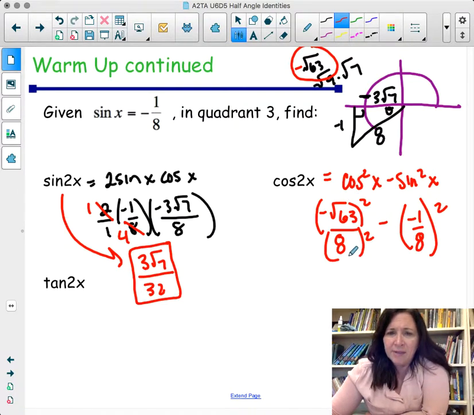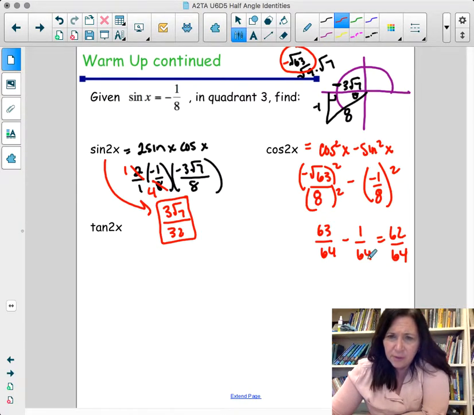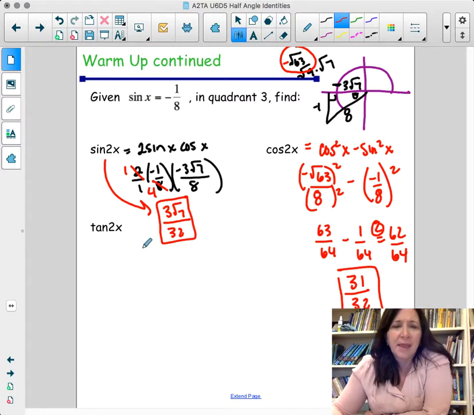So what we have is 63 over 64 minus 1 over 64, which makes 62 over 64. And I'm going to reduce that by 2. Reducing this by 2, that's going to be 31 over 32. Okay, divide by 2. All right, tangent is going to be its own formula, but I'm just going to use